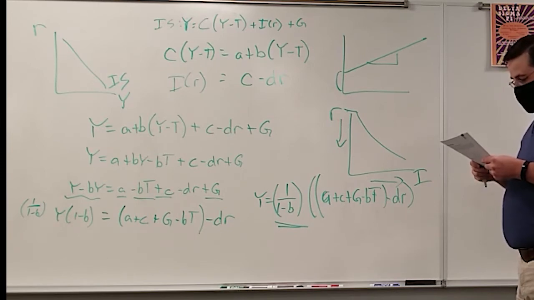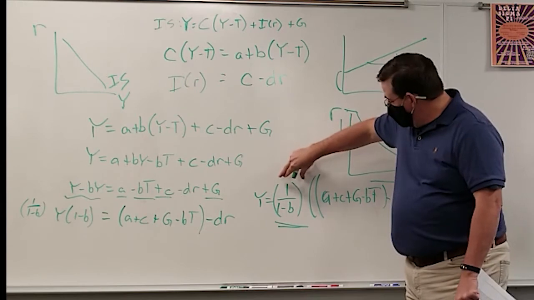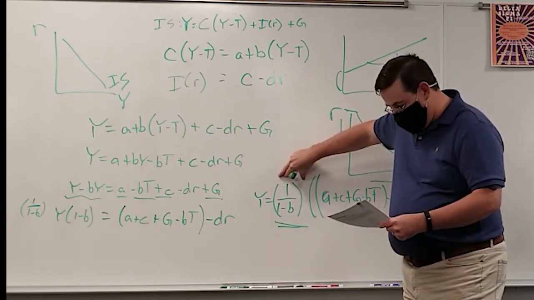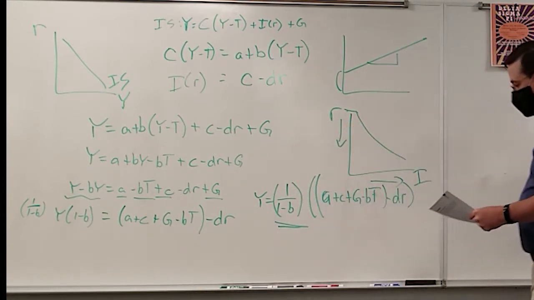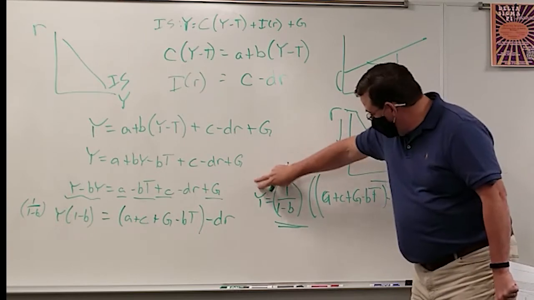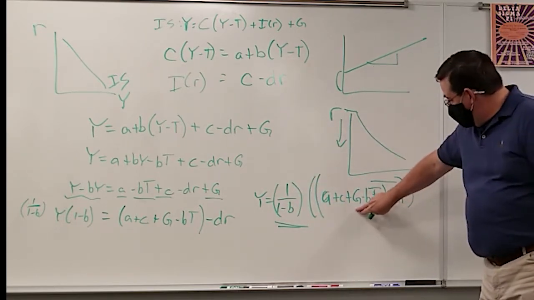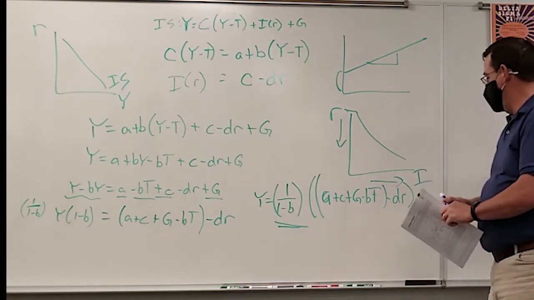This term has to do with the government services multiplier, or the government purchases multiplier. So it explains to us how much Y changes for a given change in G. If we have an increase in government spending,